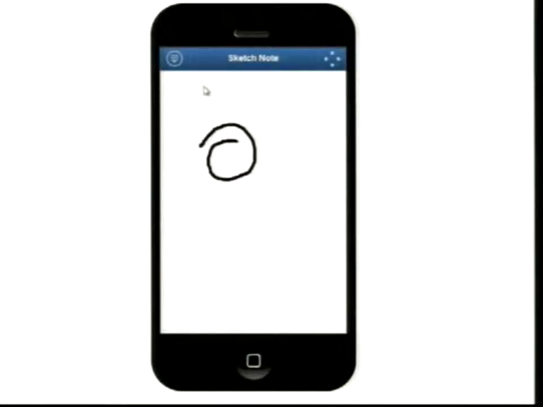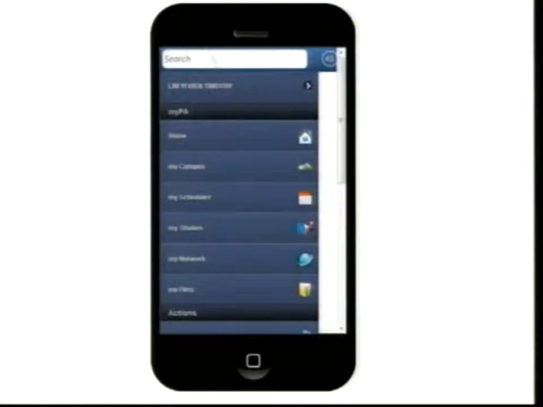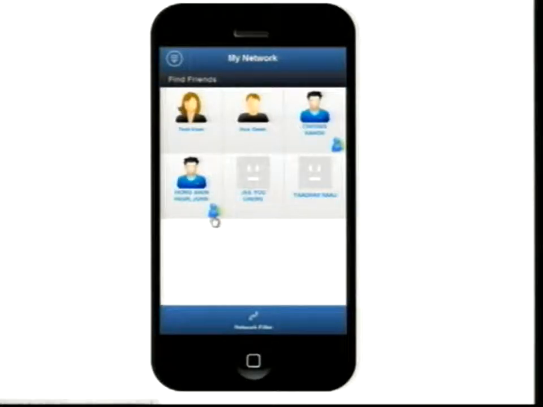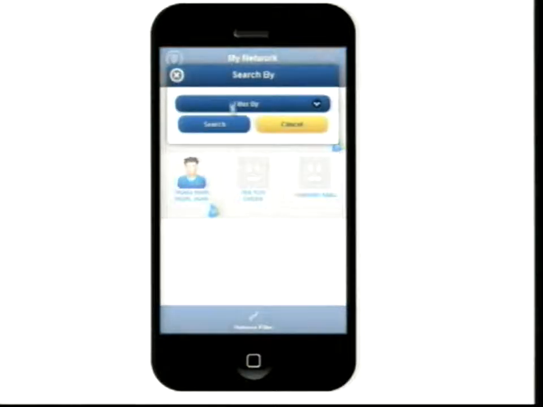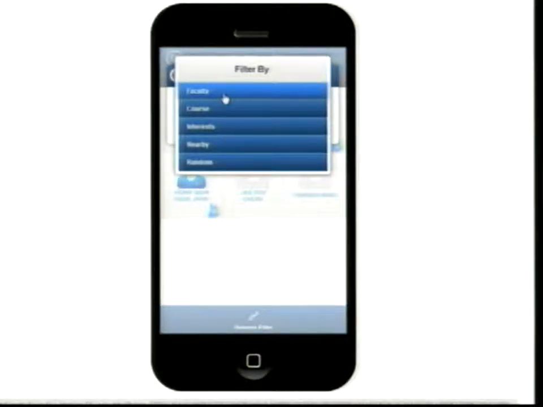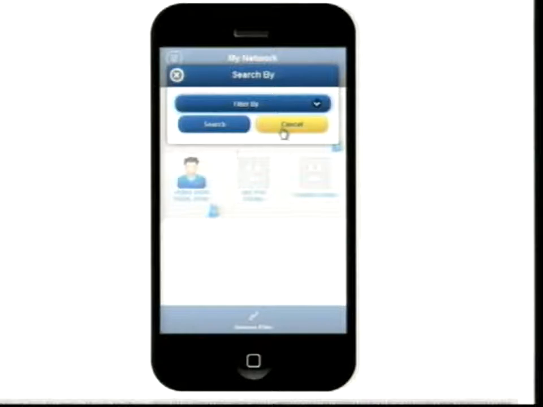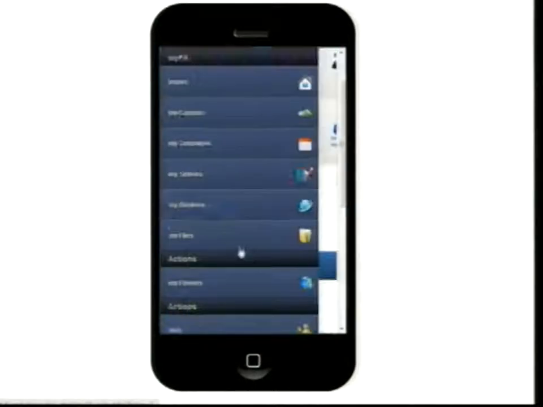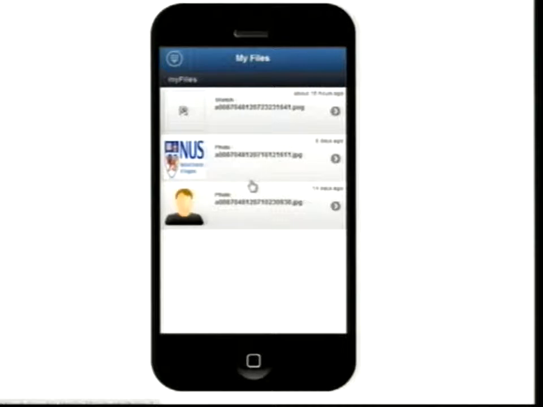So now let me show you how the application looks on our mobile phone, so that we can demonstrate those features. Sorry, before you do that, can you click on the screen left, that down arrow, all the other scheduler, studies, what's network and files? My network, as previously described by John, is for them to find friends. Okay. So they can do a filter such as similar faculty or course. Sorry? What's my files? So for all uploaded files, the user can access it here. Okay. He can see it.